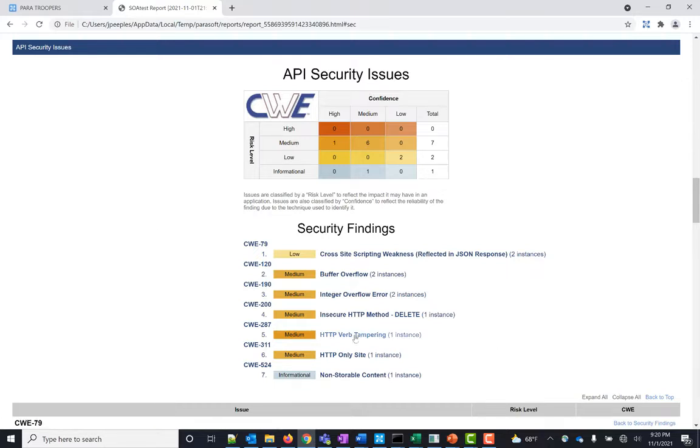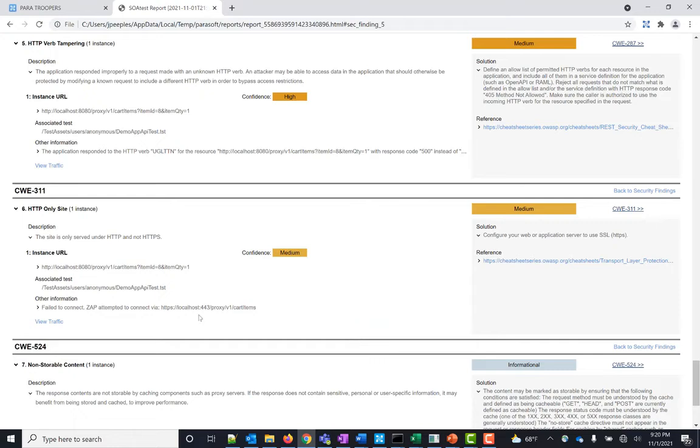We see here we have HTTP verb tampering, and we can click that, and it'll take us to the section that explains verb tampering to us. We see we can view our traffic, and we also have external resources such as CWE's website, the Common Weakness Enumeration, on a particular classification of issues, of which verb tampering is one of them, as well as the OWASP link itself for verb tampering. So I'll just close out of that.